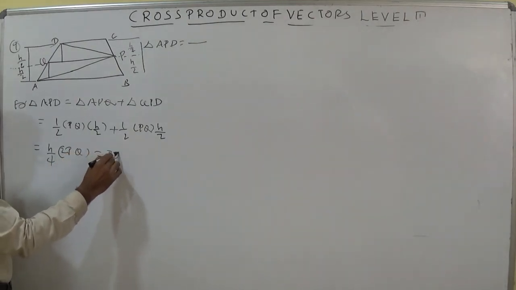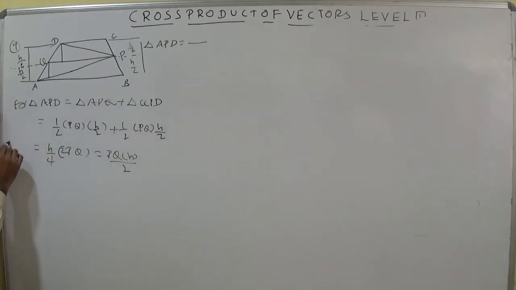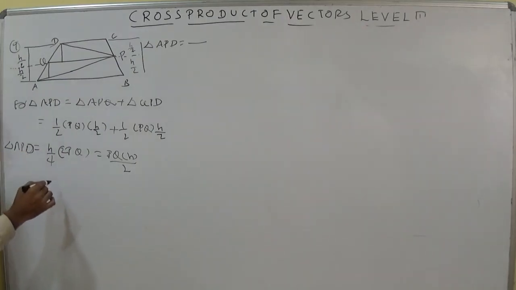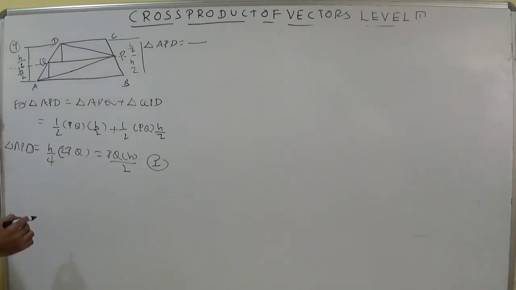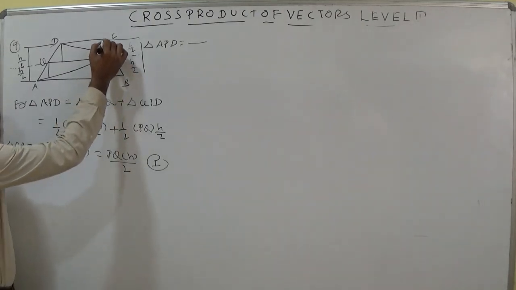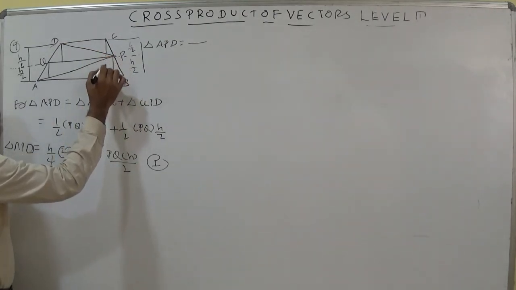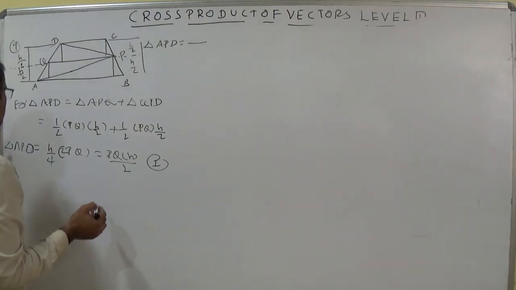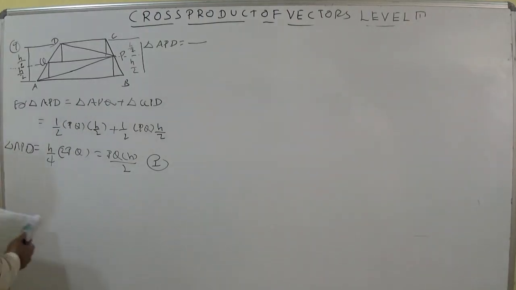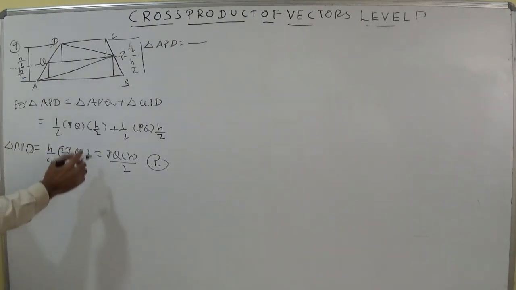That is equal to PQ into h by 2, which is the area of triangle APD. Let it be Roman number 1. Now in the same way, if you think this is a height and this is a height, then h by 2, h by 2. According to the option, every option depends on this. Students, try to understand.